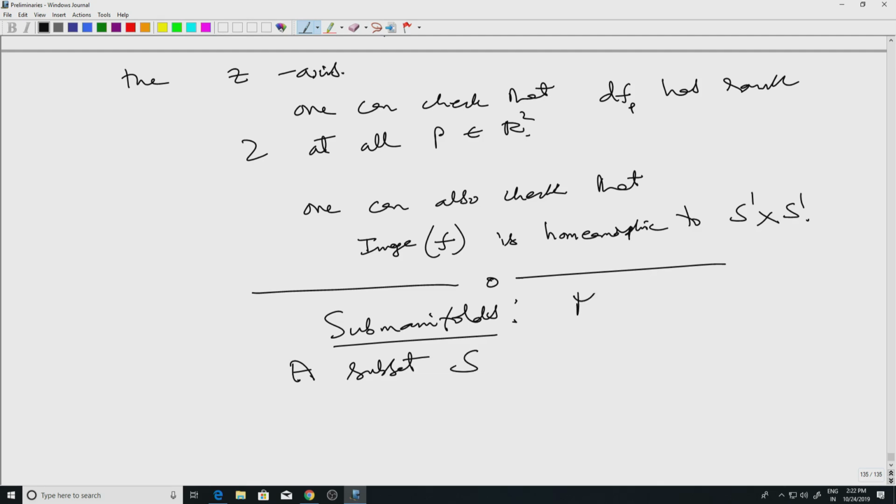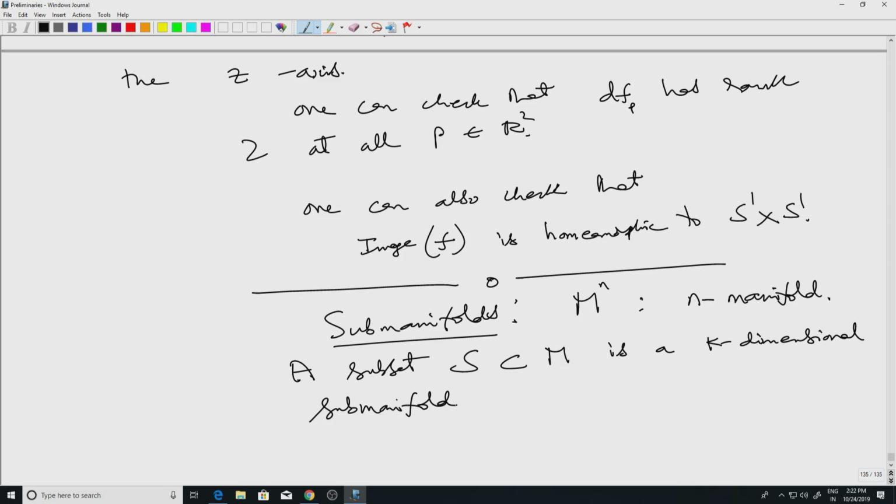I start with a smooth n-manifold M. A subset S of M is a k-dimensional submanifold of M